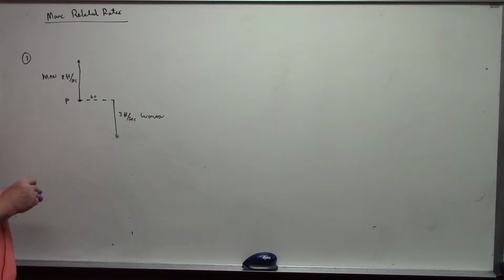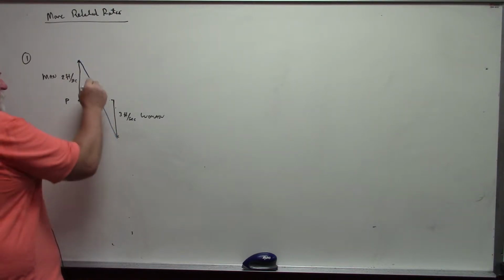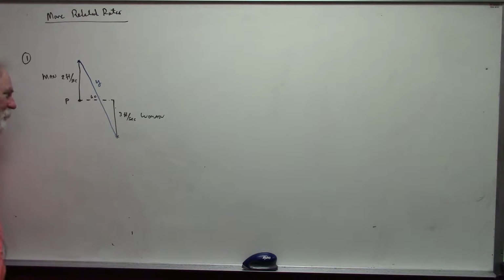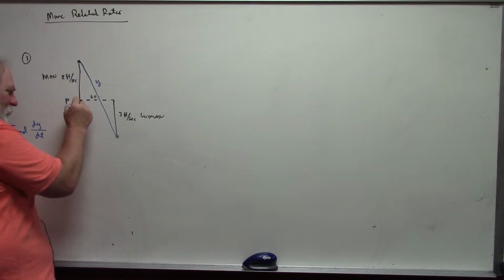Okay, and we want to find the rate of change of the distance between them. This is what we're looking for, and so I'm going to call that y. We need to find dy/dt. Now, the way the picture is right now, it is kind of difficult to work with. Instead, what we will do is